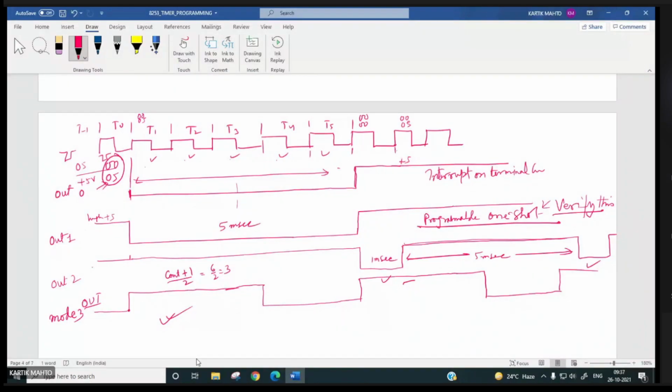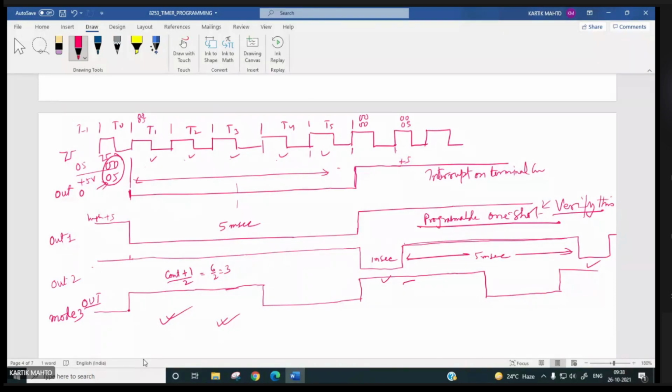Now mode 0, mode 1, mode 2 and mode 3. Now it is clear how we can configure these counters in different modes. And you can use these counters in different modes simultaneously. It's not like if you are using one counter in mode 0, the others also have to be in mode 0.